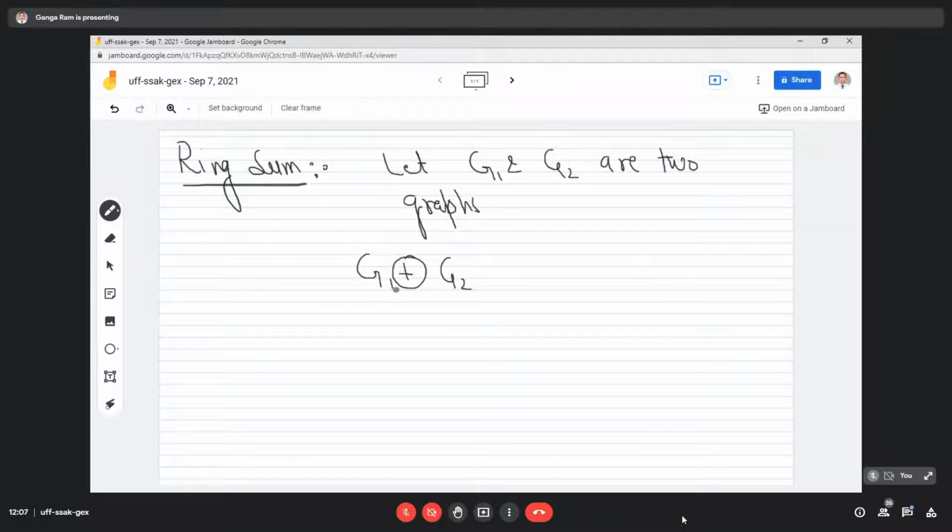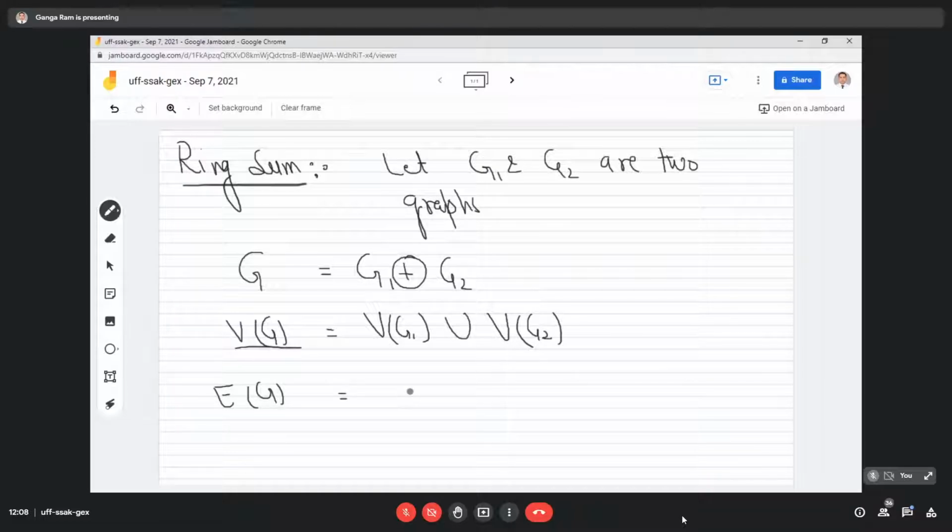It means that if the ring sum of G1 and G2 is a graph G, then the vertex set of G will be equal to the union of the vertex set of G1 and the vertex set of G2, and the edge set of G will be equal to the union of the edge set of G1